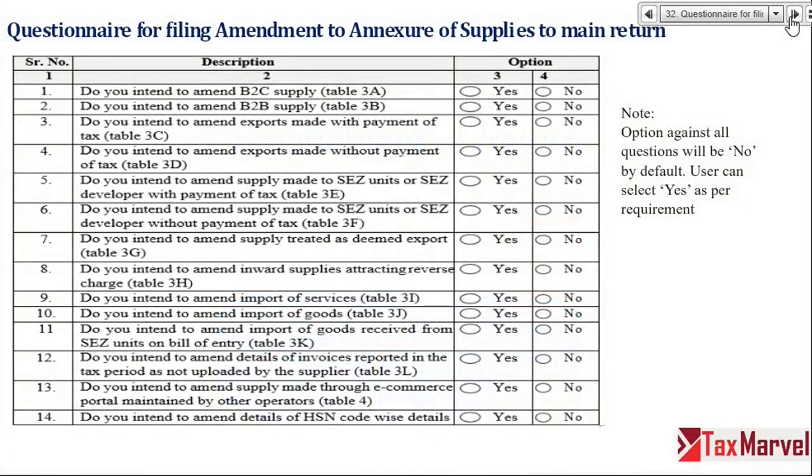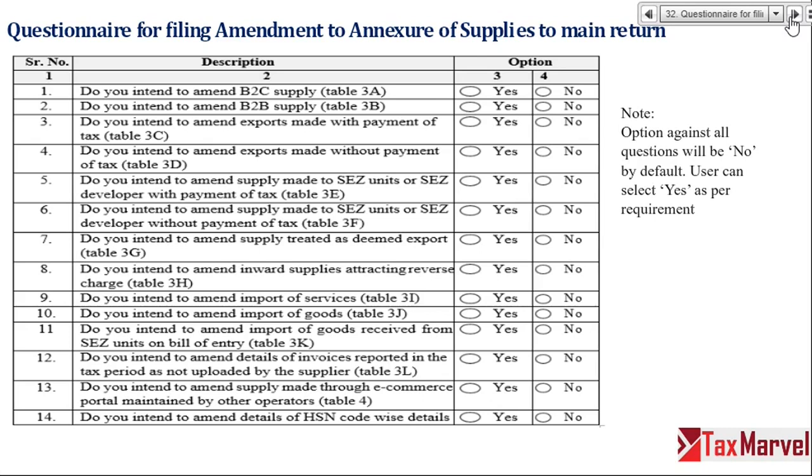Next, amendment to return. It is very similar to the current GSTR1. Once I have filed my return, I realize, or the customer has called me and told me, sir, you issued the invoice, but there is a mistake. Or the customer is saying, sir, I am not able to see the invoice in ANX2.